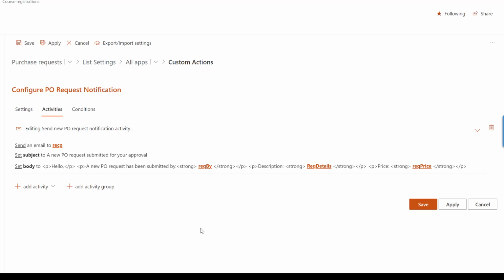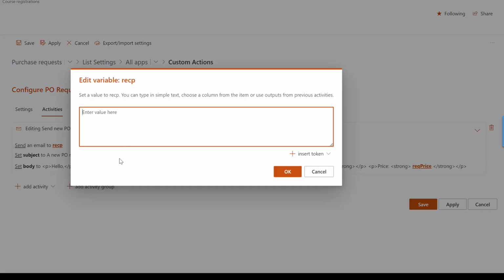All these are variables. And as explained in the previous video, when an activity includes a variable, it doesn't really know what will be the value of the variable. The values for these variables are provided by the custom action which calls this activity. So here, when we're creating this custom action that calls this activity, this is the time to provide the values. So when I click the link, it will open the edit variable pop-up where I can provide a value